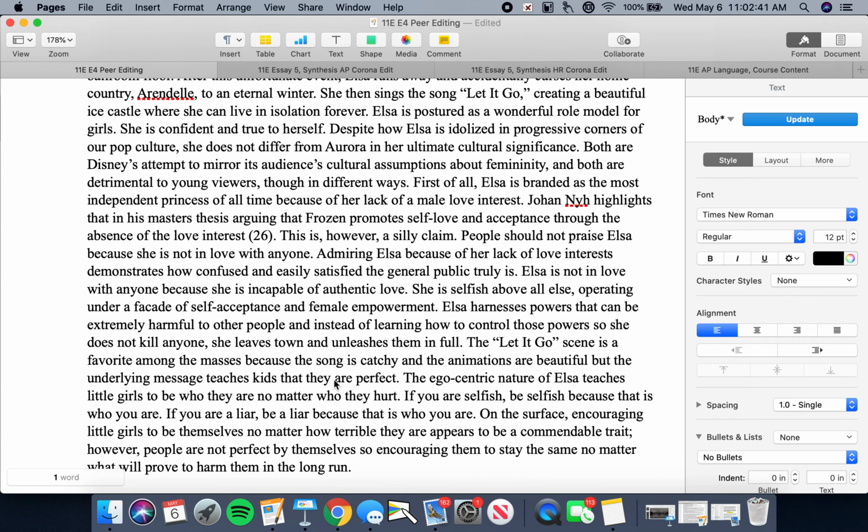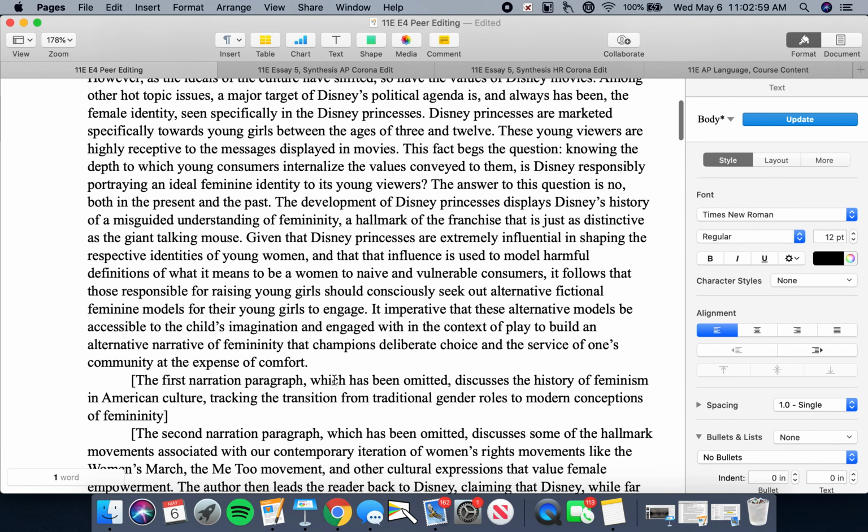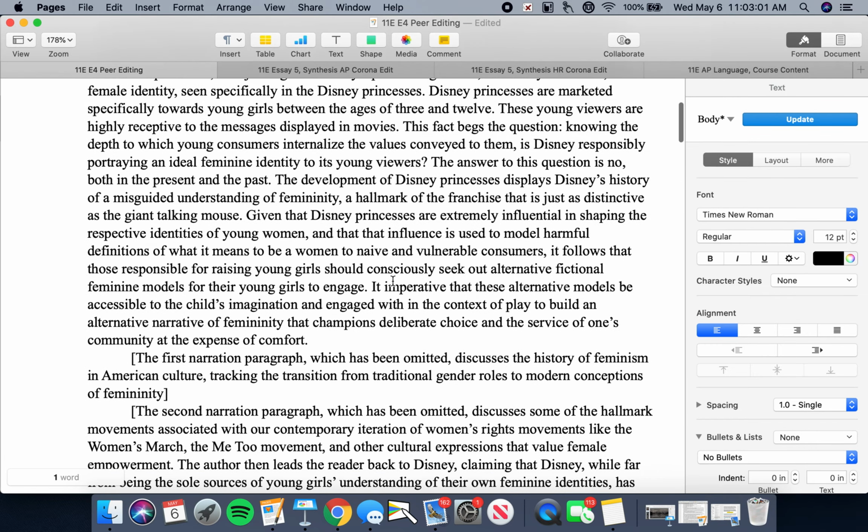Everyone needs to make sacrifices for the benefit of other individuals. Everybody needs to confront the ways in which they act selfishly and to form their behavior in better ways. All right, so both of these Disney princesses, the student reasons, are, as promised in the original central claim, harmful models of what it means to be a woman, and they are being consumed, hook, line, and sinker by naive and vulnerable consumers.